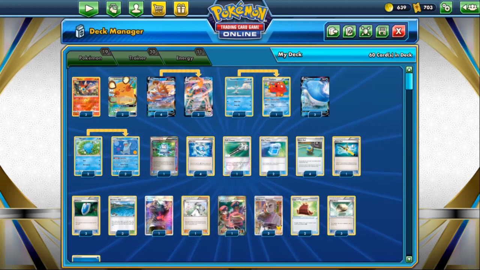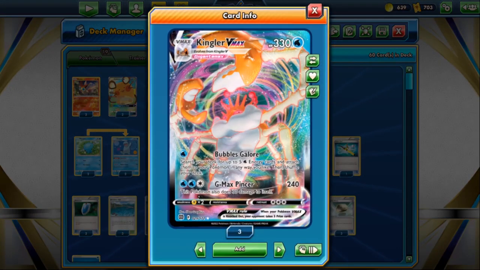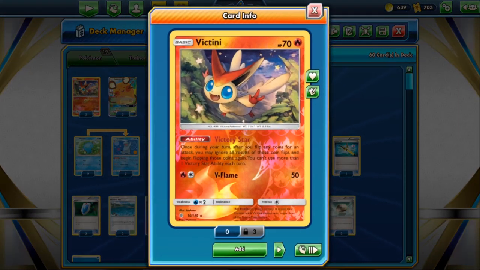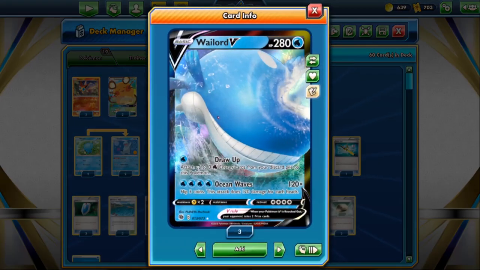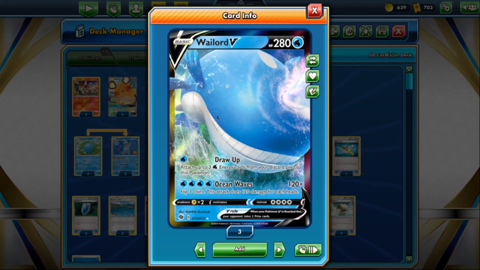And those matches will conclude today's PTCGO video. Overall, I think there are still better ways to play Kingler VMAX. The attack is just way too good, and because of the potential, I just don't know how to maximize it. And when playing Victini to flip your coins again, the first thing that really came into my mind is to play Wailord V. And I don't think Wailord V is the best attacker that you could go to. You can play maybe a Lapras VMAX, but in my opinion, having two VMAXs in Expanded is just way too